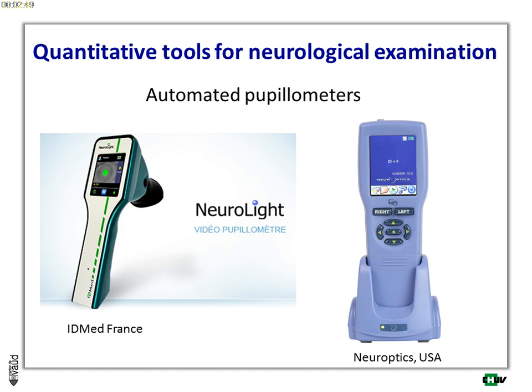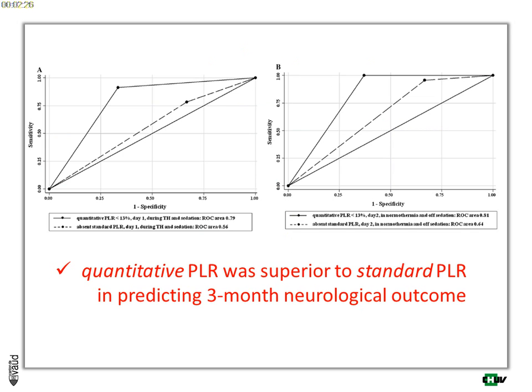I'm not going to advertise, I'm not getting a cent out of it, but there are two devices that are available, Neurolight from France and Neuroptics from the US, to quantify in percentage the pupillary light reflex, saying that there was 15% motion. Neuroptics also includes an algorithm that gives you a figure. We tested with Neurolight,